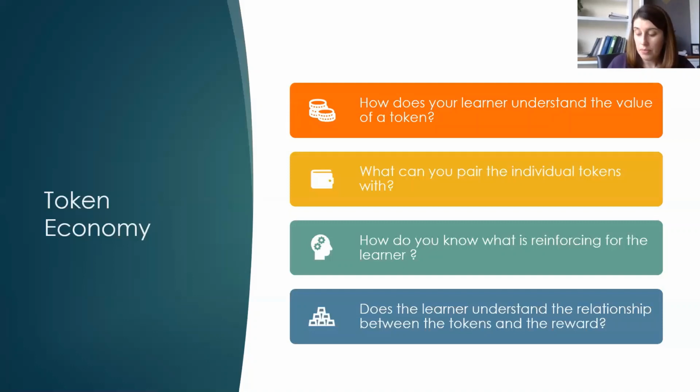So you might do a DTI trial with just 2 tokens to be earned. They earn their last 2 tokens. It's the end of the set. They get their reinforcer, and then you might do that for maybe a week. And then the next week, you're going to expect them to earn possibly 3 and 4 tokens. And you're going to continue to fade that back until you have